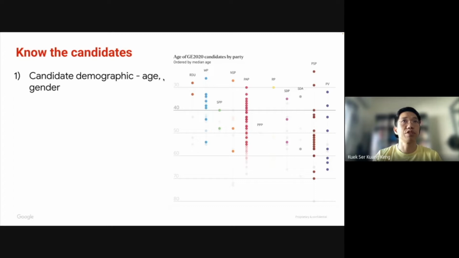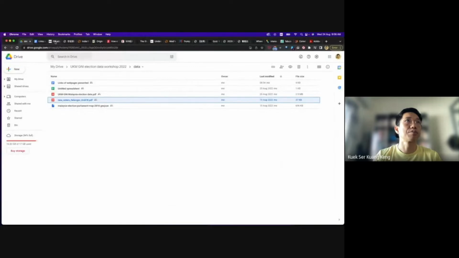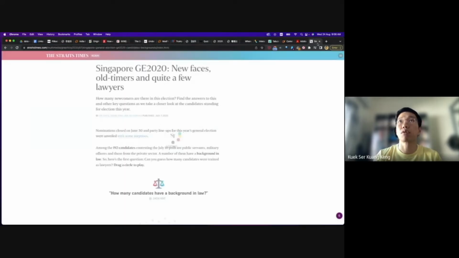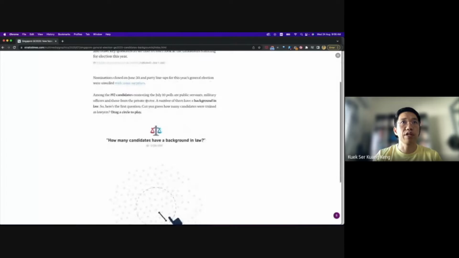So the first is, we should cover, of course, the candidates' basic demographics, for example, age and gender and things like that. And one story that I always like to show is the story by Singapore Straits Times. Let me open up that story. So this was done by Straits Times Singapore for their 2020 GE. And you can see that they combine